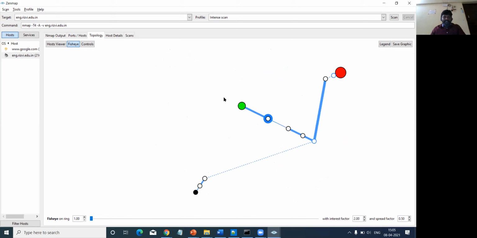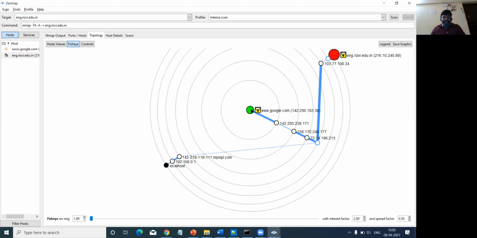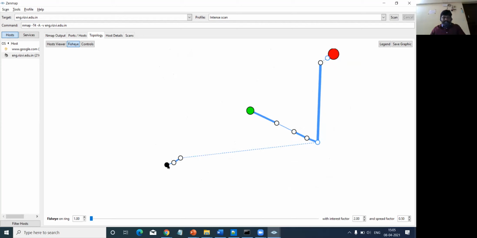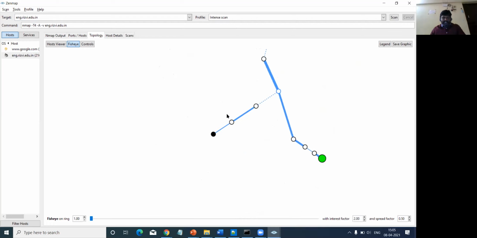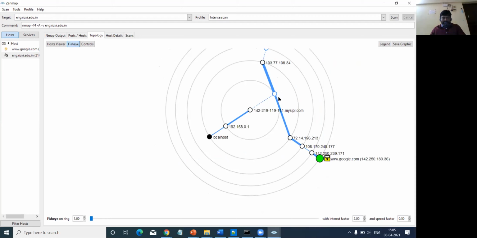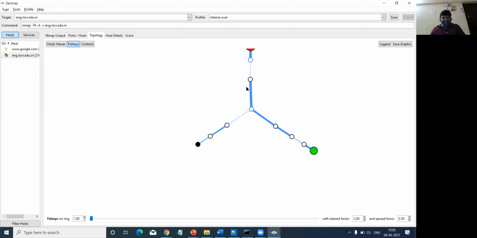So this is the complete information. If I just click on it, I'll get the complete information about this device. This black one is mine, and this is the 192 intermediate device again. This is also an intermediate and wireless connection.